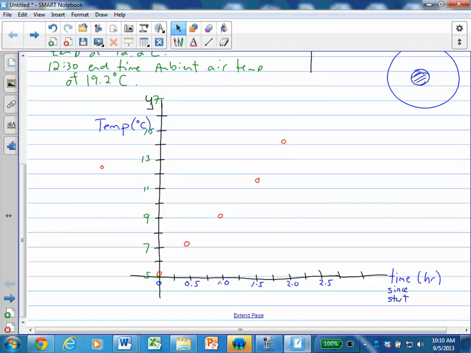If I had a grid, it would work a little better, but about there. And then 2.5, 15.9. Okay, how's that look? Pretty close to a straight line. So if I was to fit a line to this,